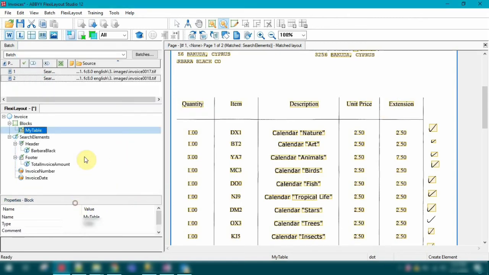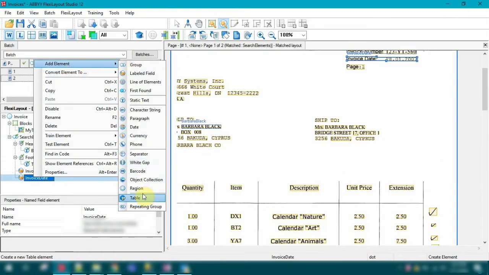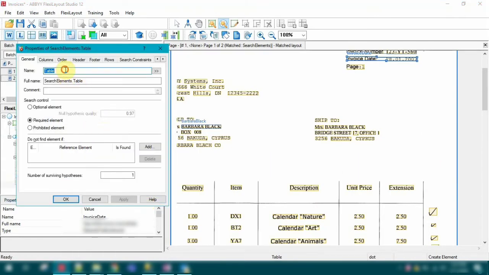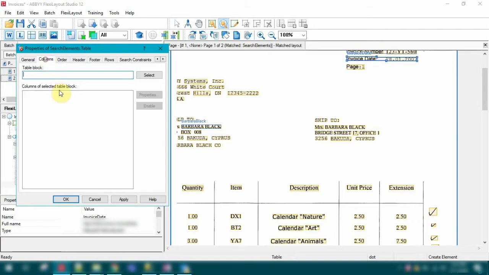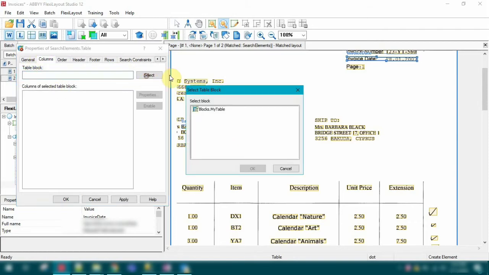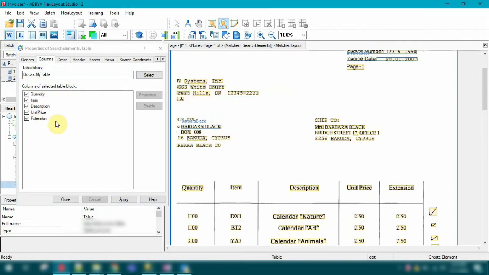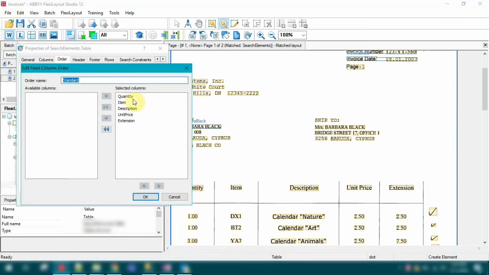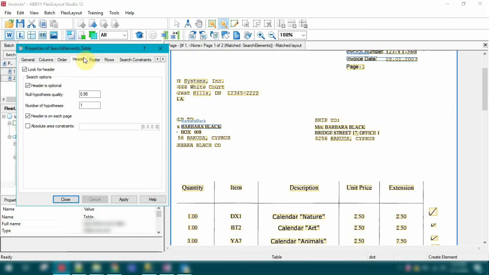Click apply and OK. Next, what we're going to do is create an element of type table, and let's name it table 1, and just specify the block that you just created. It will automatically take up all the columns here. You can arrange them in a proper order, and if you want to move one a little bit up or down, you can do it by using these arrow keys. And then just go,